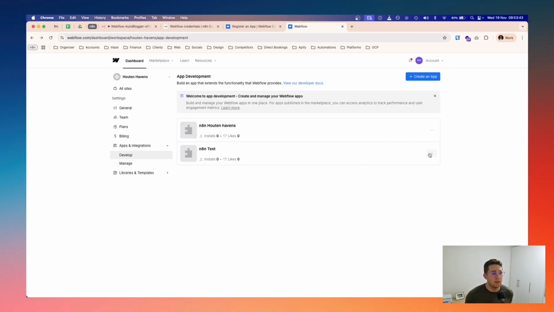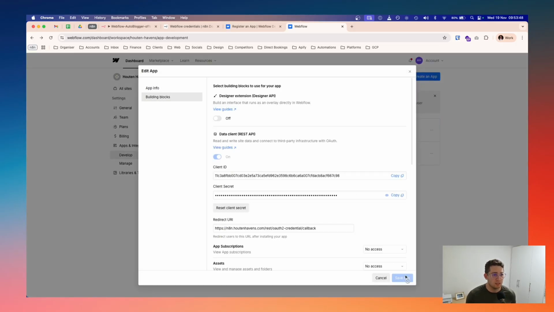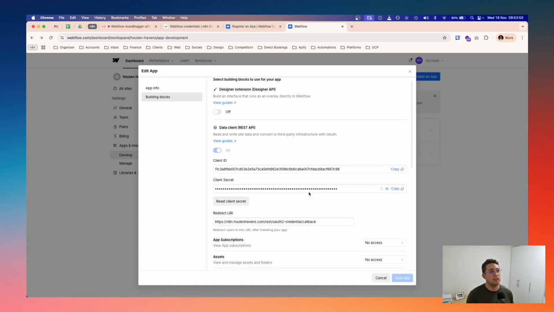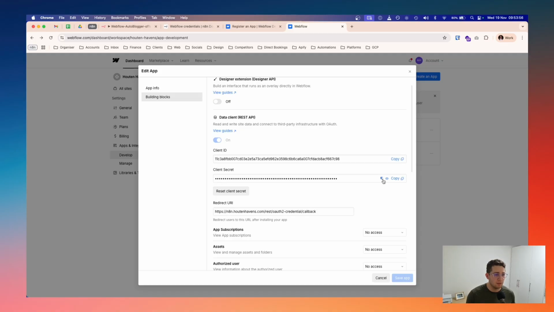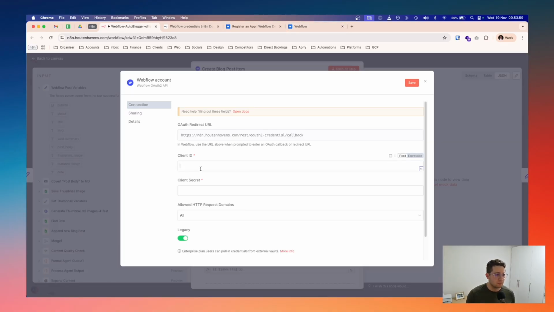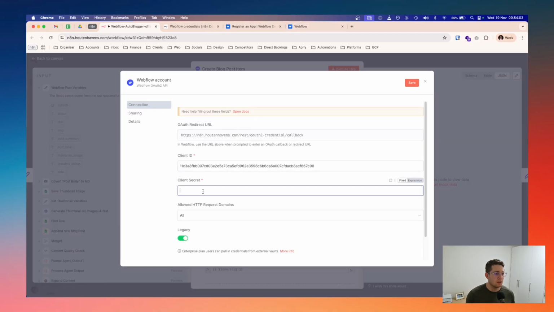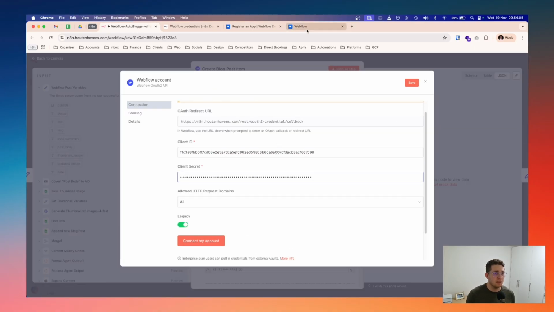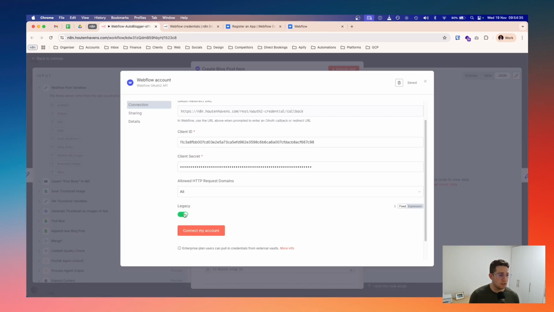So once your app is created, you just want to come and click edit, and then you want to click continue, and this is where you basically get access to your client ID and client secret. So you can copy the client ID here, paste it in there, and then we come back and copy the client secret and paste it in there, and then that's pretty much it. And then redirect URL obviously has to match this one here. You just have to click legacy, has to be off, click save, click connect,